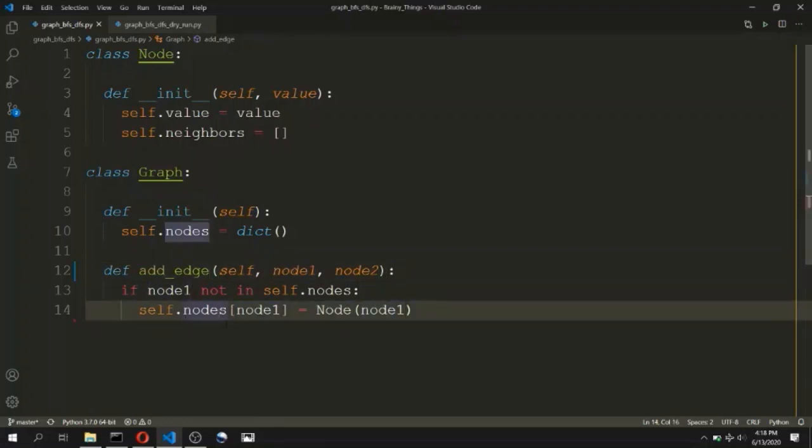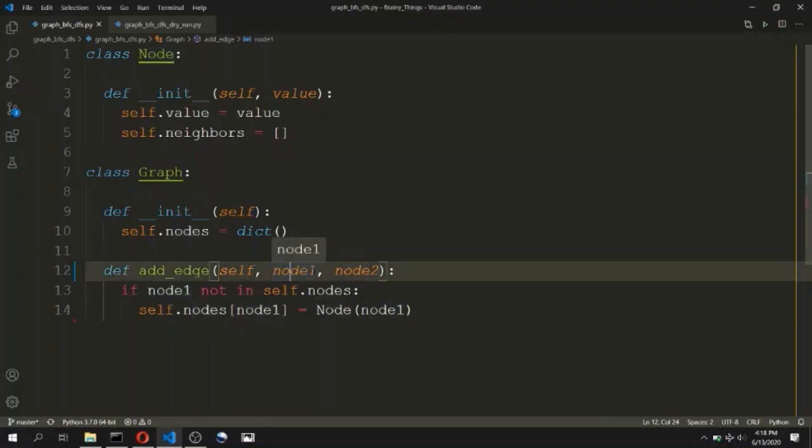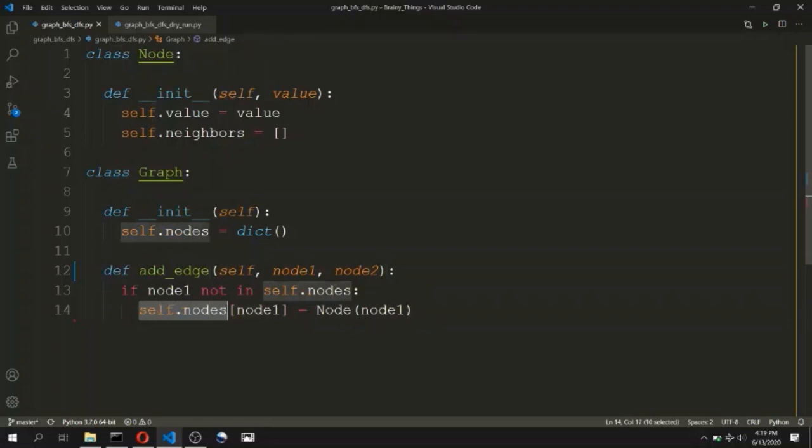You can consider this statement to be a two-way function. That is, if we have the integer identifier, then we can refer to the actual node object using the self.nodes dictionary, and if we have the reference of this node1, the node object, then we can access the value inside this node by using node.value over here.